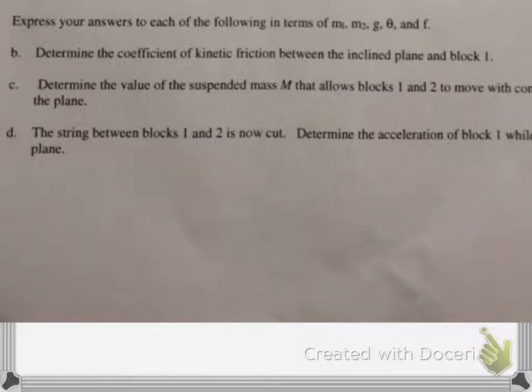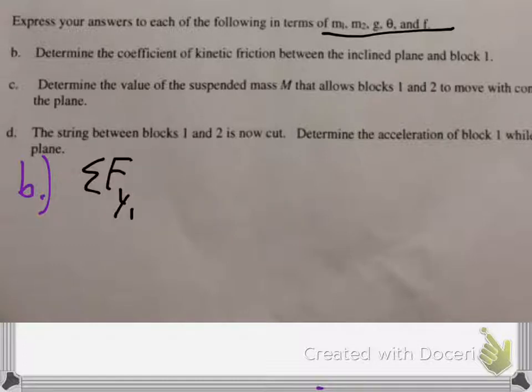Okay, so part B, this could be a long one. So for part B, we can only use these variables. This is common. We need to be comfortable with that. Determine the coefficient of kinetic friction between the inclined plane and block 1. Okay, well, let's write Newton's second law. So for block 1,